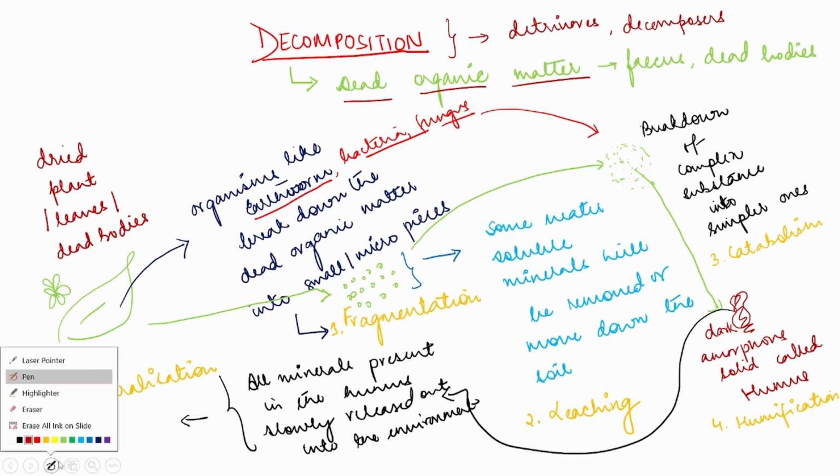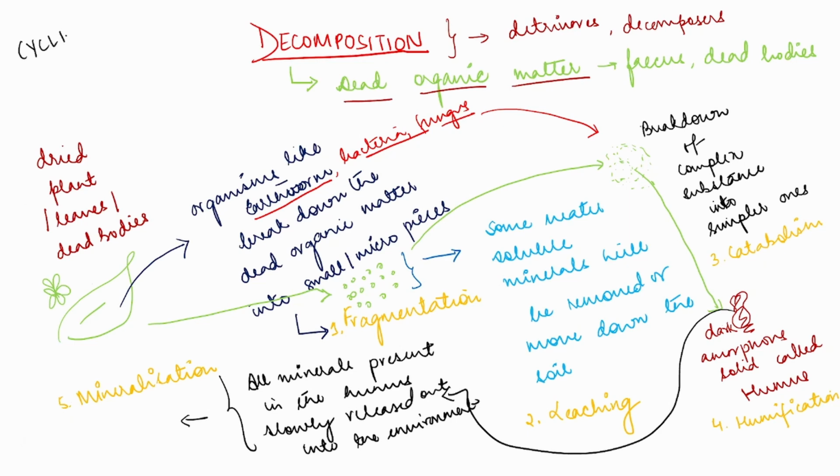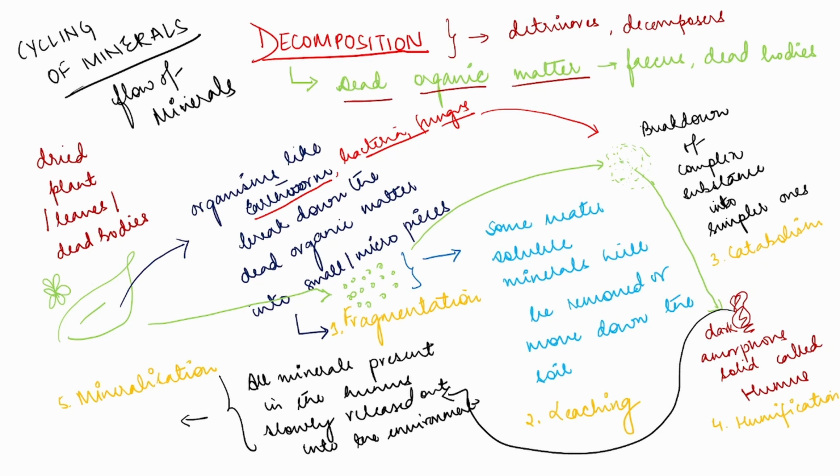So here, what we have noted is the cycling of nutrients, cycling of minerals. So the flow of minerals, how it is moving in the environment, this is what we call the flow of minerals. Right? Now, if we see, decomposition is affected by some criteria, the rate of decomposition